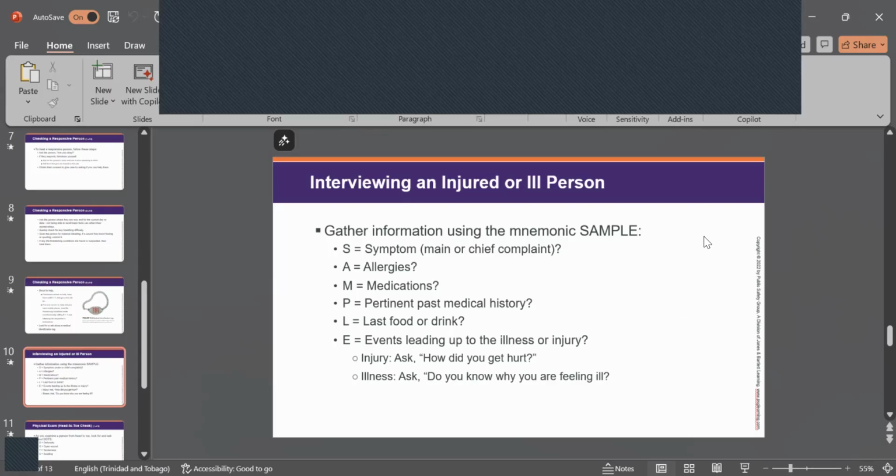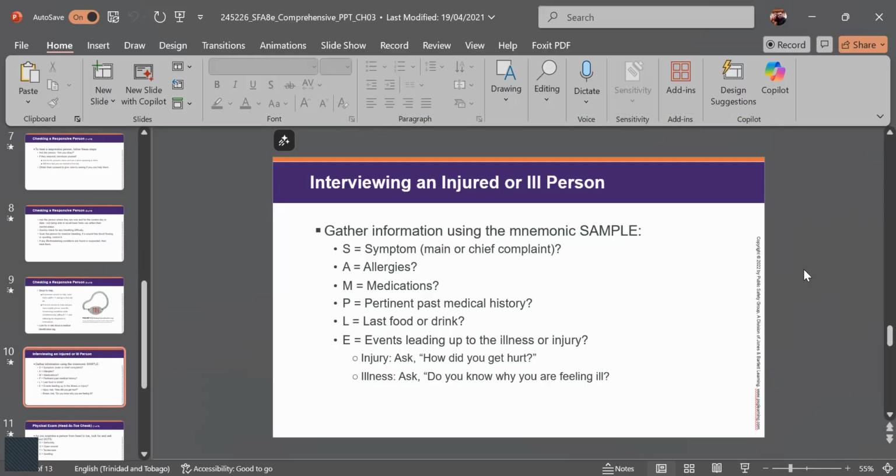Yeah, so you're using the mnemonic SAMPLE, where each letter represents pertinent information. S, signs and symptoms: what you see or what the patient tells you is going on with them. A, allergies: is the patient allergic to anything? M, medications: are you on any medication? P, pertinent past medical history: do you suffer with any medical conditions? We're looking at asthma, diabetes, high blood pressure, any strokes, any surgeries, anything like that. L, last oral intake: when last they had something to eat or drink. And of course, E, events: what the person was doing leading up to this situation, what you were doing when you got hurt. Okay, so SAMPLE